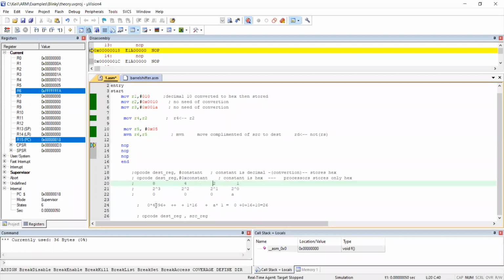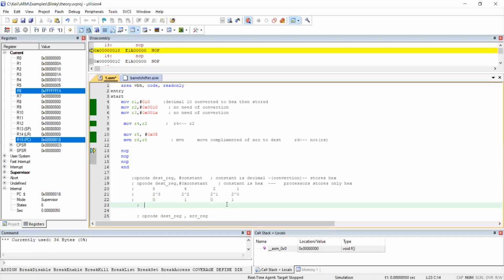What is the number you have here? Here, all 4 are zeros. So what is here? 0 into 8 plus 0 into 4 plus 0 into 2 plus 0 into 1. Hence, what will be the value? 0. Okay. So let me give an exact value. 0, 1, 0, 1. So what happens here? Can you give the answer? See, 0 into 8, leave it. This 0 into 2, leave it. What remains? 1 into 4. That's what? 4. 4 plus. Where is one more bit? 1 into 1. Hence it is 5. Okay, what you have got is 5.